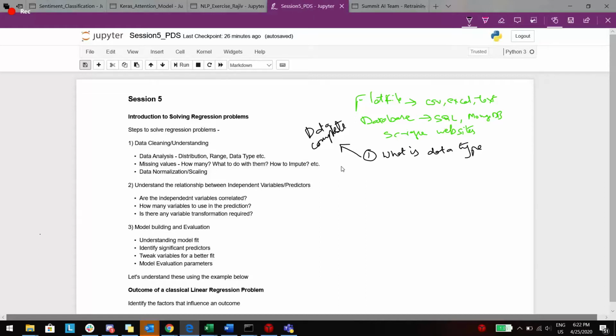That is something you ensure first and foremost before looking into the data. And once you ensure that the data is complete and you have all the required number of rows and the fields or columns which you are supposed to get, then you should understand what is the data type of the fields.